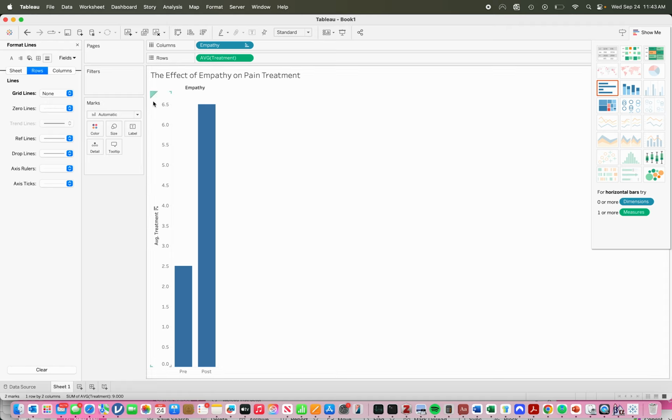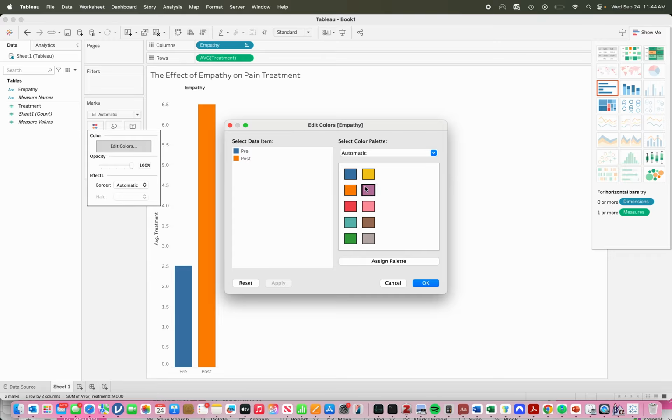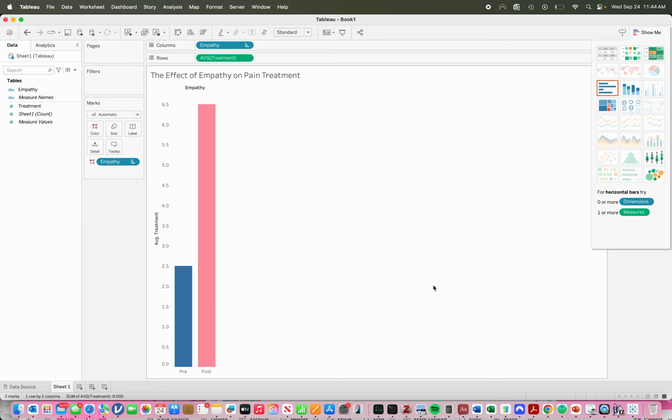And generally APA suggests using one color in this scenario, but I'm going to click off of formatting. I like colorful graphs, so I'm going to put my empathy IV on the color, drag it to the color icon there, and then I'm going to switch my colors. I'm going to switch the post one to be purple or pink. Which one do I like better? I like that. That's a pretty cool graph right there. So now I have a good bar graph that shows